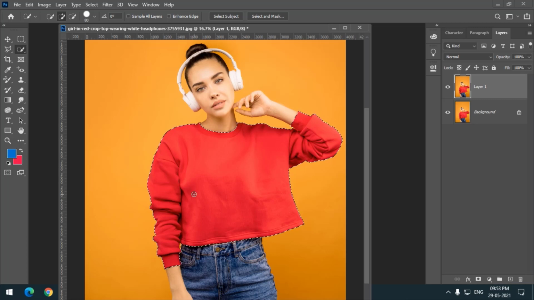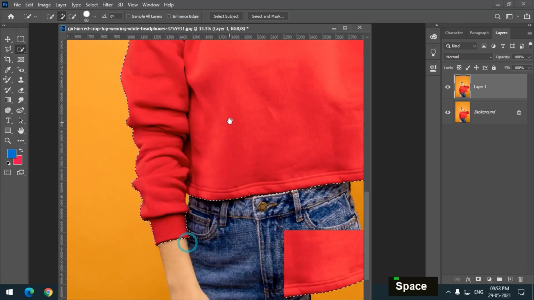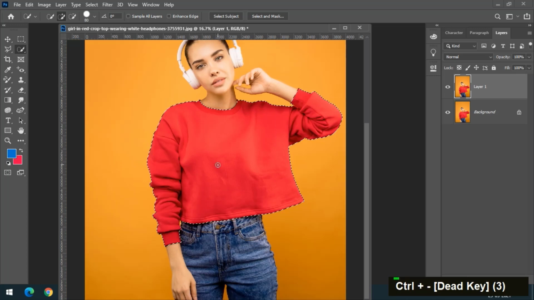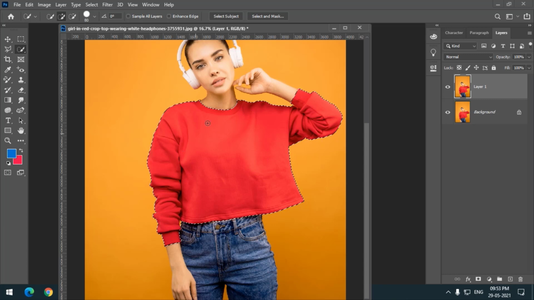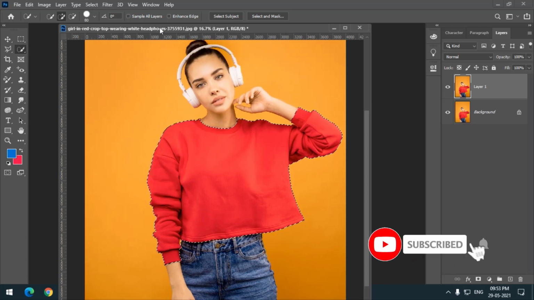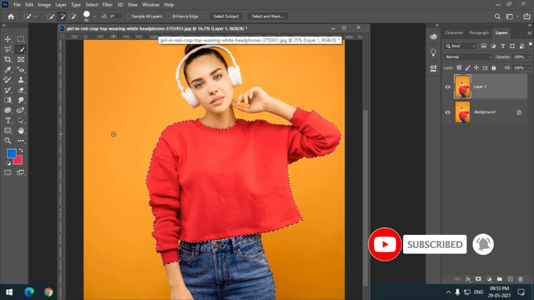So this looks pretty good. There are certain extra areas which I don't want. You can simply use the subtraction option, but right now I'm not going to do that because I'm just giving you an example of another tool. So that is not that important at this moment. But if you want to be precise, you can simply remove this extra selection.